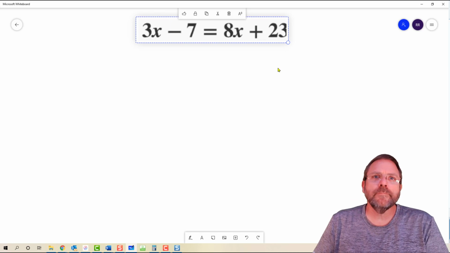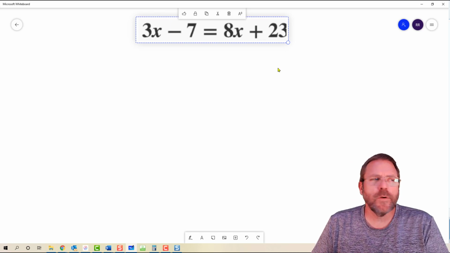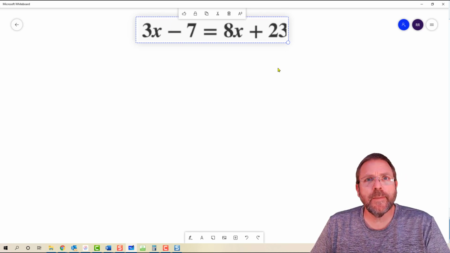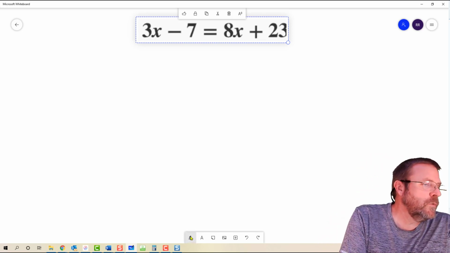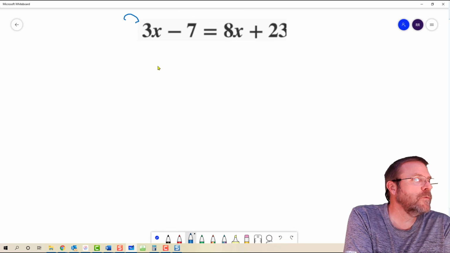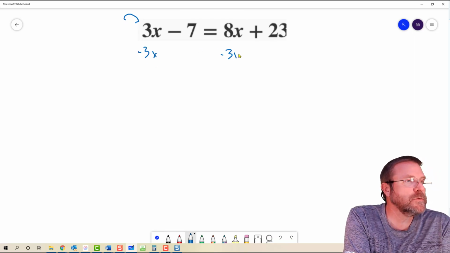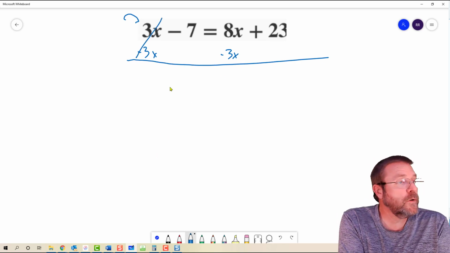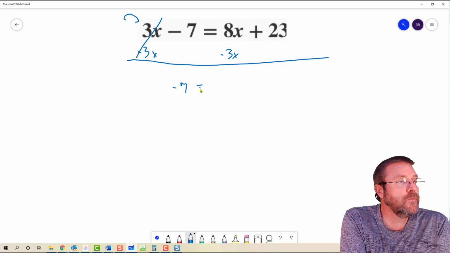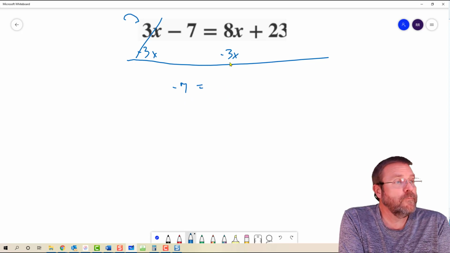So did you solve it? Let's take a look at what I'm going to do. My goal initially is to keep the x value positive because I'm less likely to make mistakes. So in doing that, I'm going to take this positive 3x and subtract 3x on both sides. The 3x's on the left are gone. And what does that leave? It leaves me with a negative 7 is equal to 8x minus 3x, which is going to give me a positive